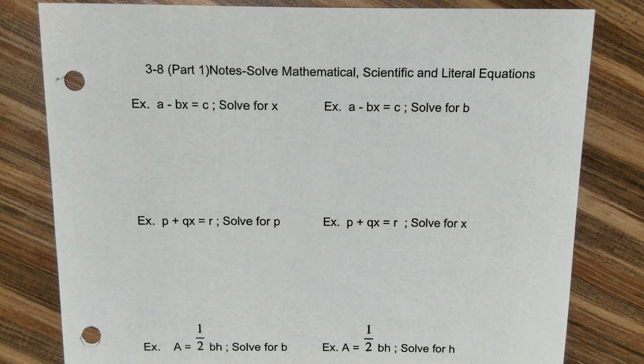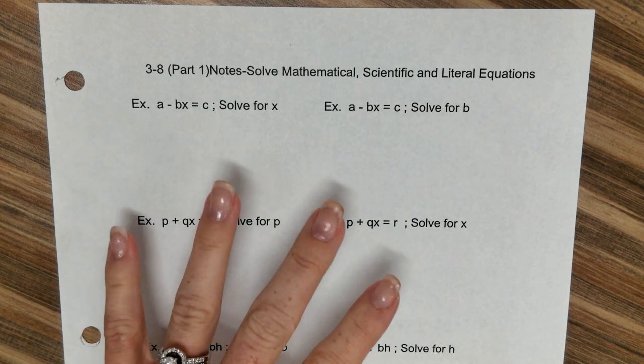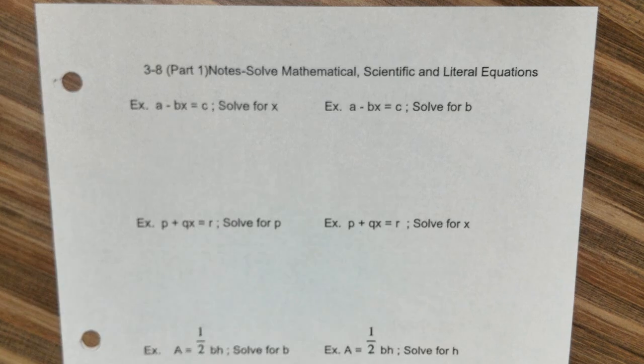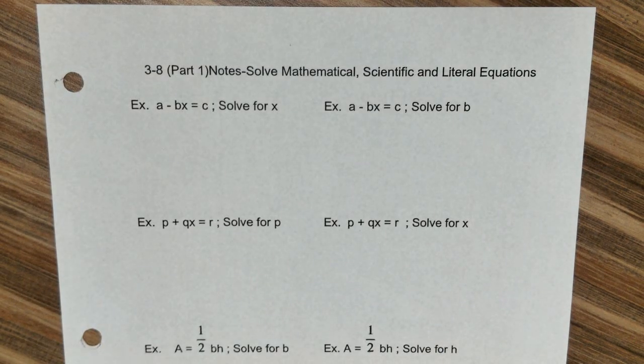So y'all know how in science you learn like distance equals rate over time or something? You know what I mean? So you can rearrange that equation to solve for different parts of it. And so that's what we're going to be looking for today. If there's numbers in the equation, that's fine, but most literal equations are just a bunch of variables. Okay? So you're not going to treat it any differently than you would a normal equation, but we're going to